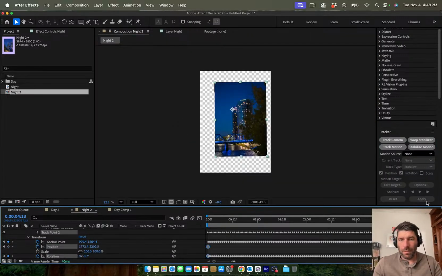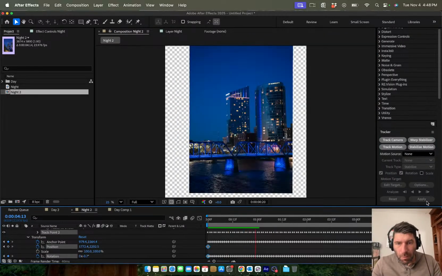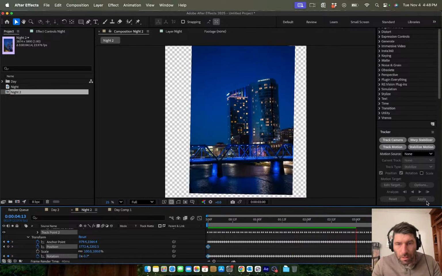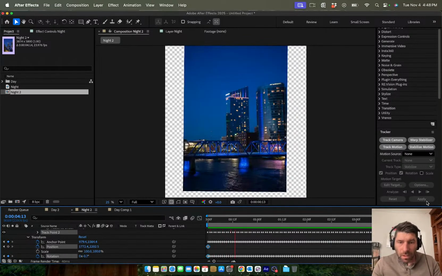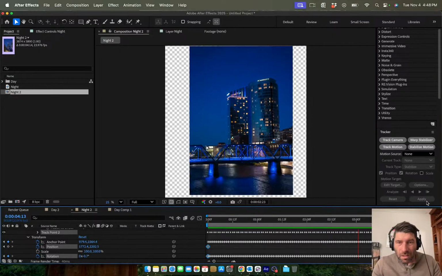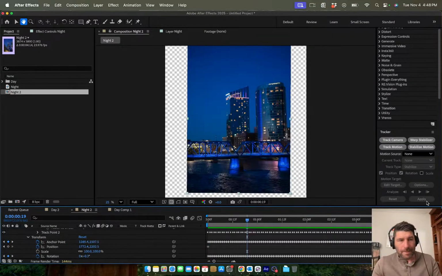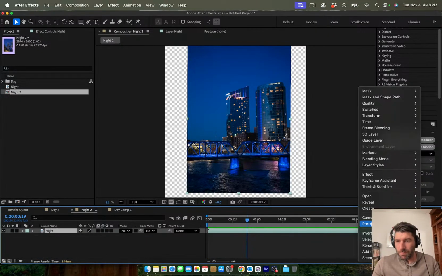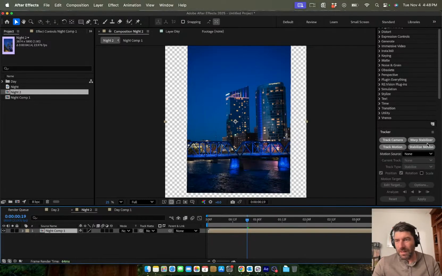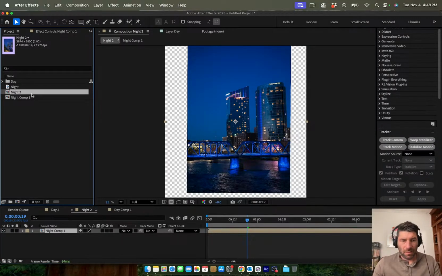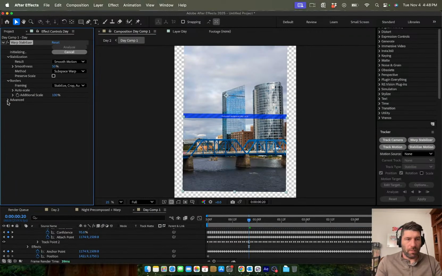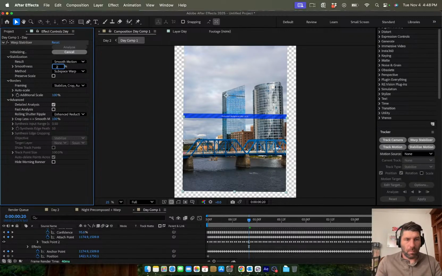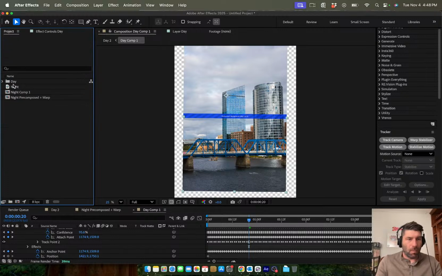All right, so hopefully we did that right. Let's find out. The moment of truth. Pretty good. There's a couple little jitters. So what we're gonna do is pre-compose it. Boom. Night pre-composed plus warp. All right, because I'm not 100% sure I'm going to use this, but we're going to do the same recipe as before. And now what we're going to do,